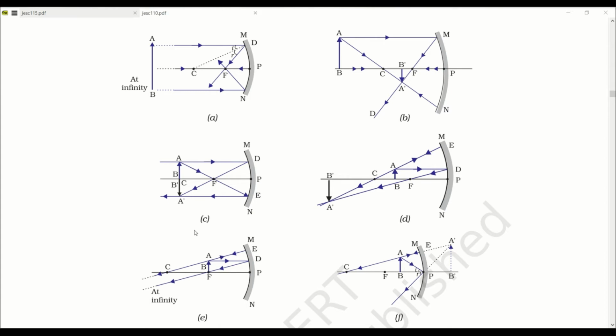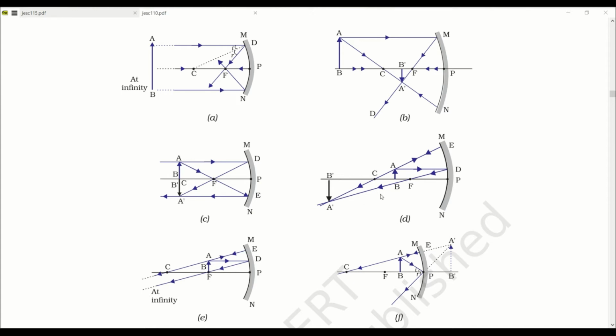Then we have another diagram, that is when the object is at C. Look carefully children. When the object was at infinity, the image formed was at the focus. Then we brought the object near to C. The image is formed between F and C. The image has also moved from F towards C while the object is moving towards C. Now the object is on C, the image is also on C. It is of the same size but real and inverted.